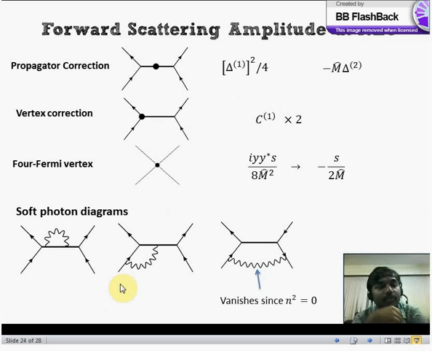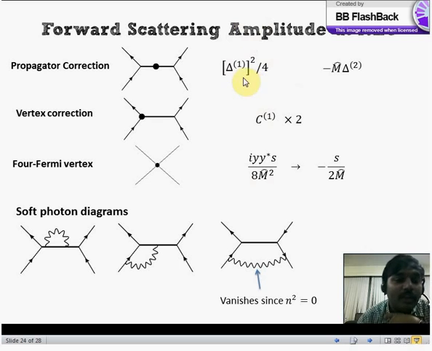cancel with the softer terms coming from other places. So just to summarize, over here we have the propagator correction. The propagator correction introduced delta 1 squared by 4 and an m delta 2 term. So you have a delta 2 second order term coming in, and the delta 1 squared by 4 coming in